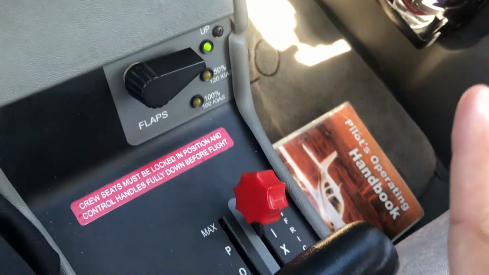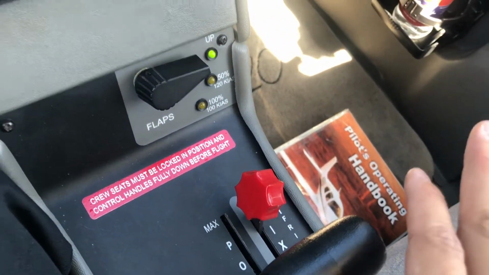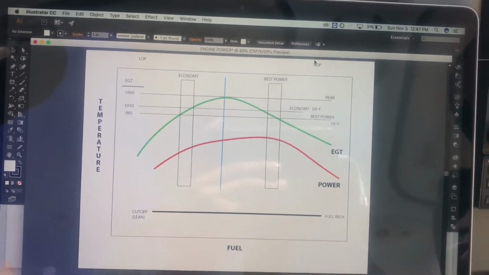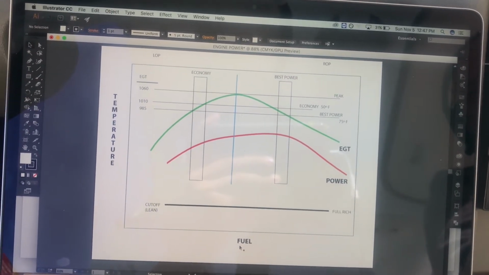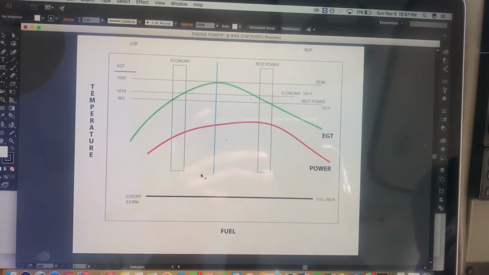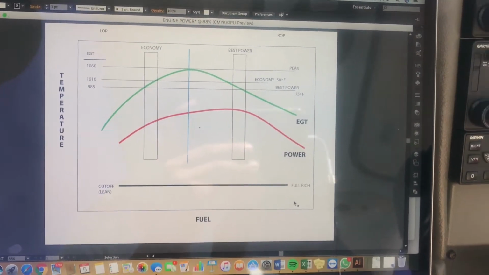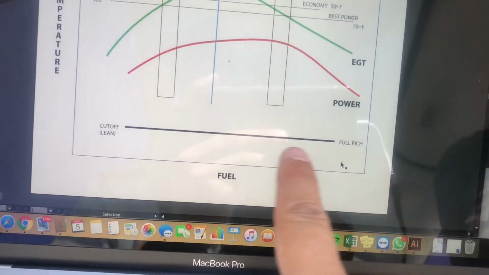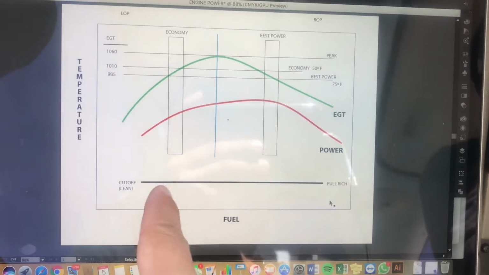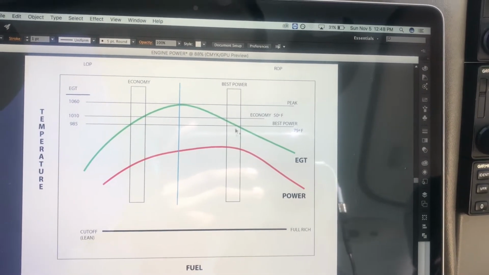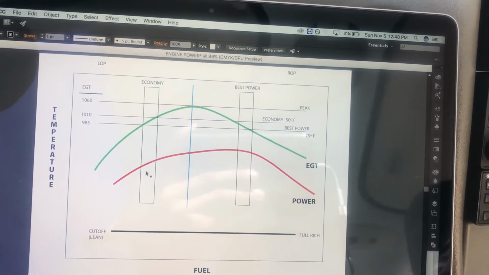Okay, so we need to understand a couple of terms before we do that. First of all, I want you to understand the relationship between the temperatures, power, and fuel. And for that, I did this quick graphic. First of all, we have fuel here, so that's the mixture. Cut off, full rich. Got it? So if we move that knob, we're going to move on this horizontal plane. Power. We have this red line,